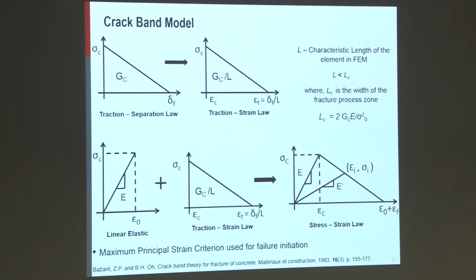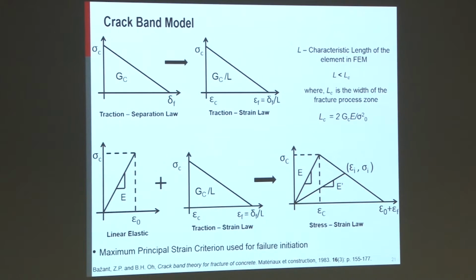And that is now, because we have accounted for that characteristic length within the material, within the finite element framework, which depends on the fracture process zone, has now gotten rid of our mesh dependency, the pathological mesh dependency. This was first proposed by Bazant, and details of how that length is defined can be found in this paper. So we take this idea of crack band model to degrade our material once a critical stress is reached within